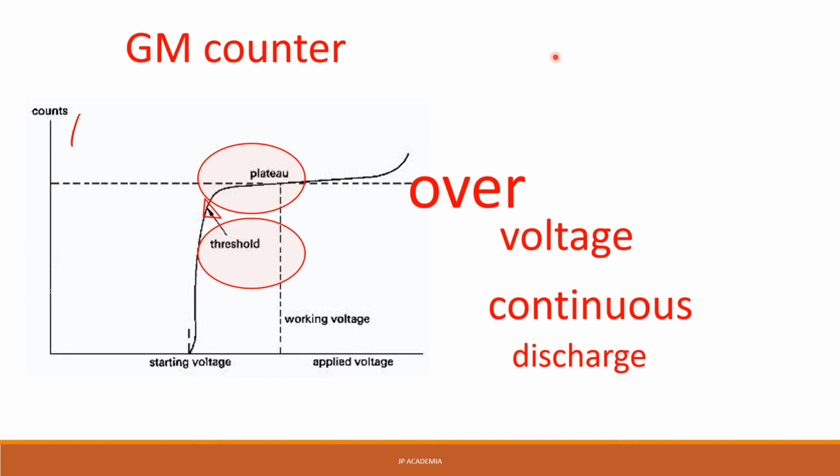This is the straight portion of this curve, thus this is the plateau. This plateau continues until it reaches the excess potential, which is another threshold. This is called the overvoltage. In this part, the number of counts becomes very high, and this is due to the continuous discharge of our